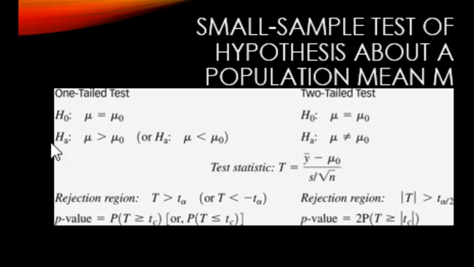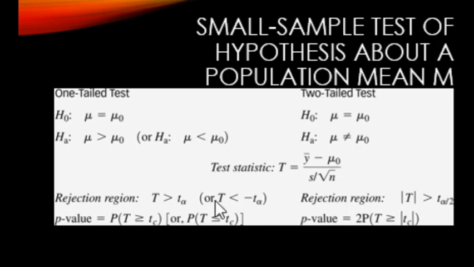The way we write the null and the alternative hypothesis, it's still the same. We have mu equals mu 0 and then greater than, less than, or not equal sign in the HA. Test statistic will be y bar minus mu 0 over S divided by square root of n. So the only change here is basically instead of a z, we will use the t distribution. Rejection region will be similar. It would be either on the right hand side, left hand side, or both sides, but we will use the